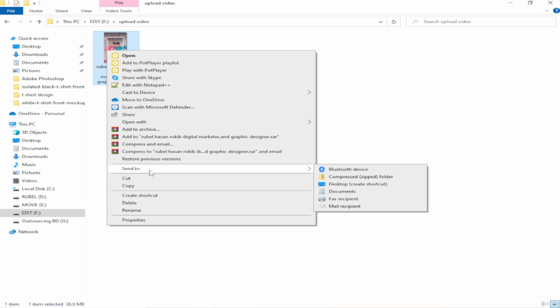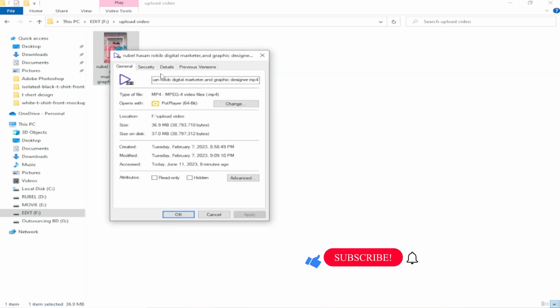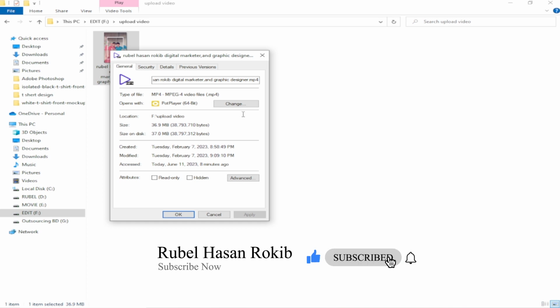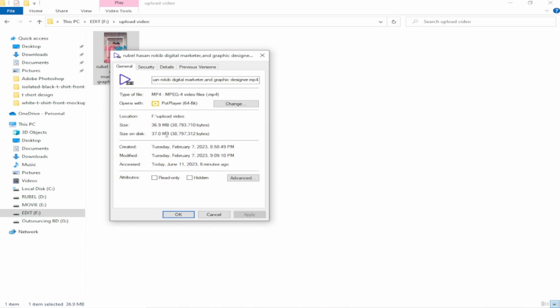Go to the option called properties. After coming to properties,